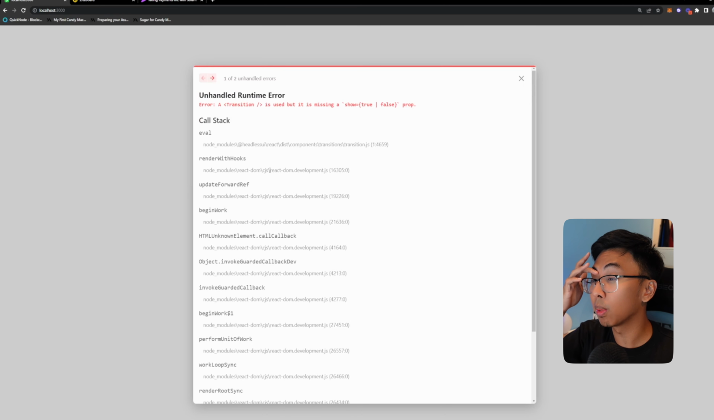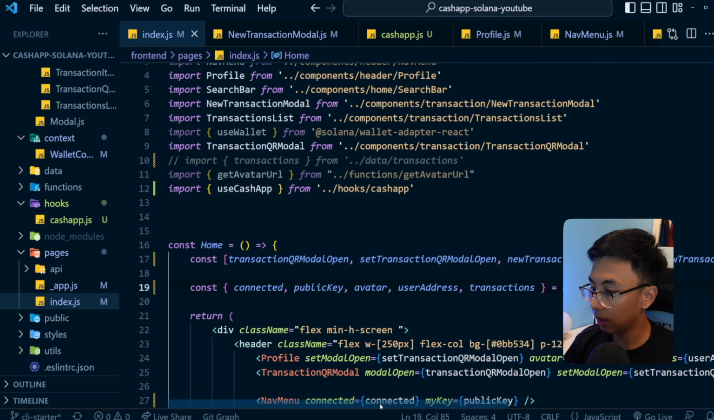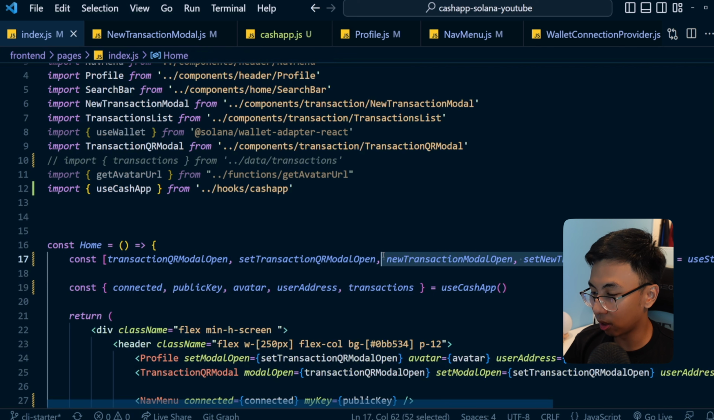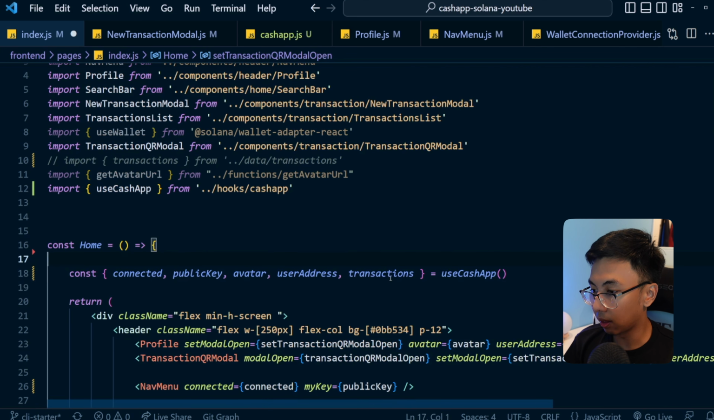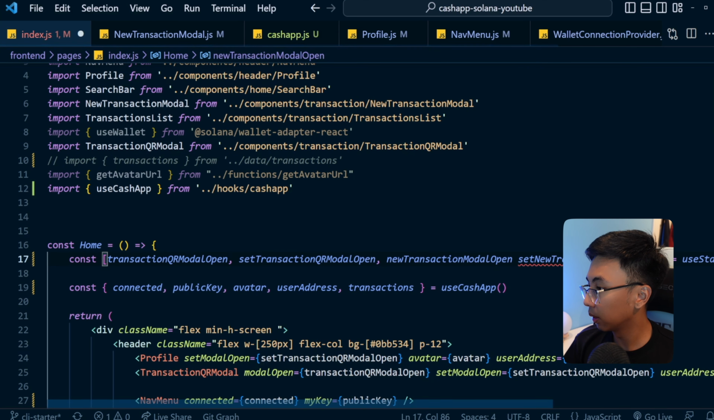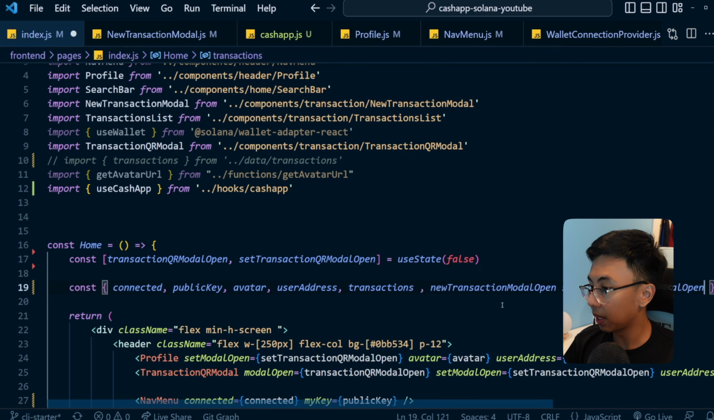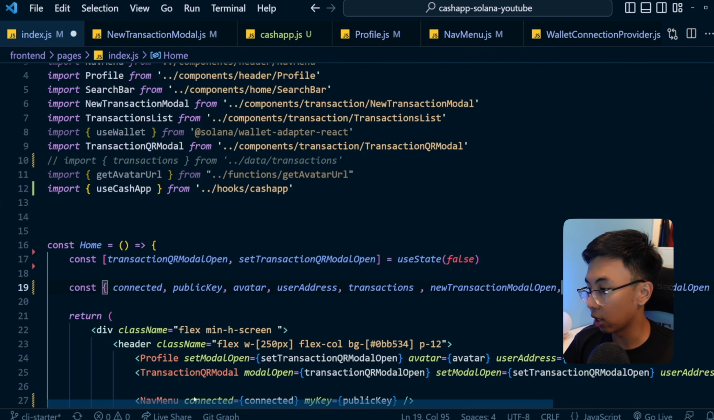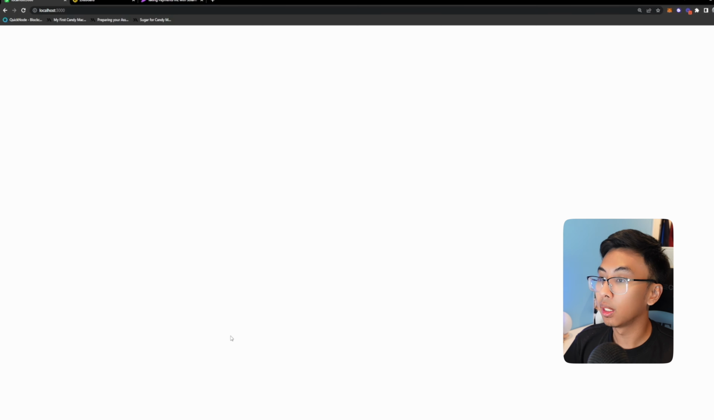Transition is used, but it's missing a true or false prop. Okay. That means it's not reading the state of true or false, which means, oh, I think I see what I did wrong, guys. Yeah, so I added stuff to this use state that shouldn't be there. Let's take this out. Oops, not the whole thing. Set these two and paste that in here, because these should come from use CashApp, as you can see. So save it, and now,